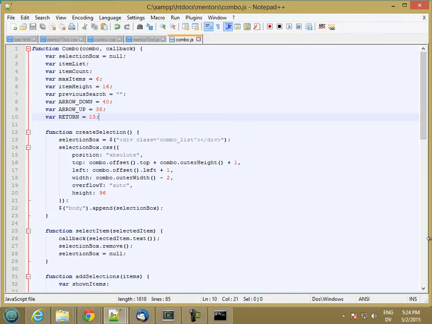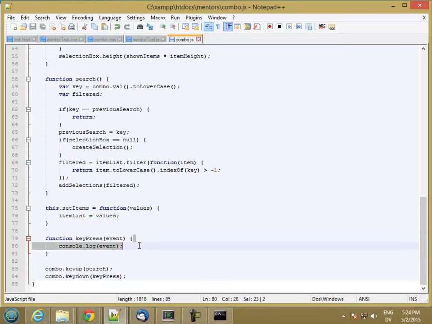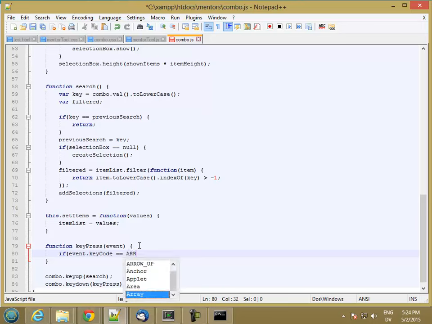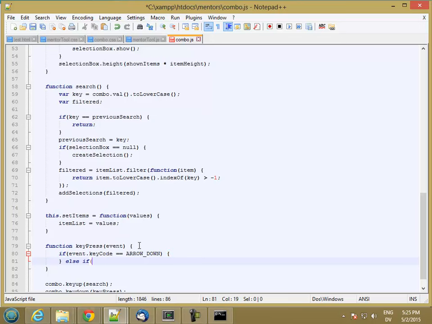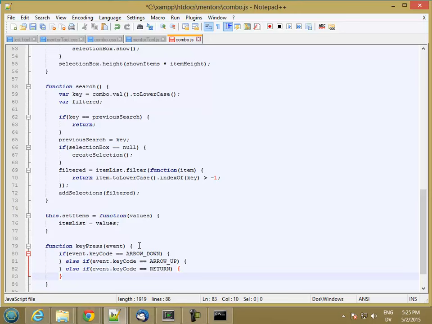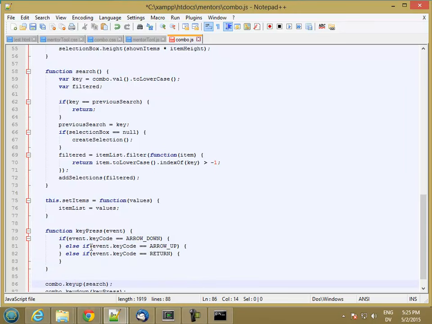And now in our key press, we'll have if event.keyCode equals the arrow down, then we'll do something. We'll do something else for arrow up. We'll do something else for return. And then if it's any other character, we're not going to do anything to it, because we'll get our search